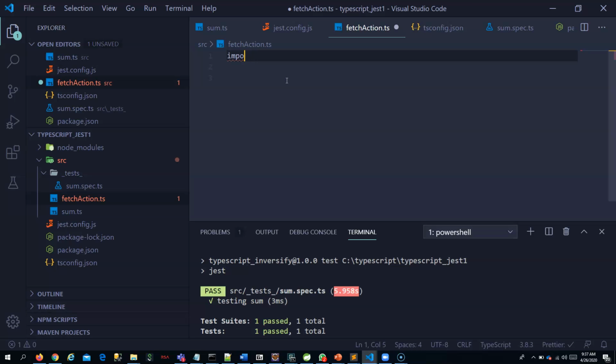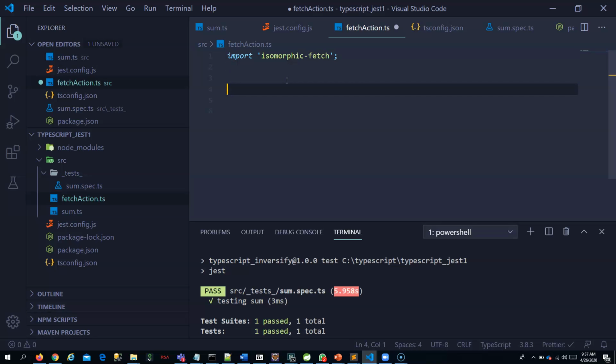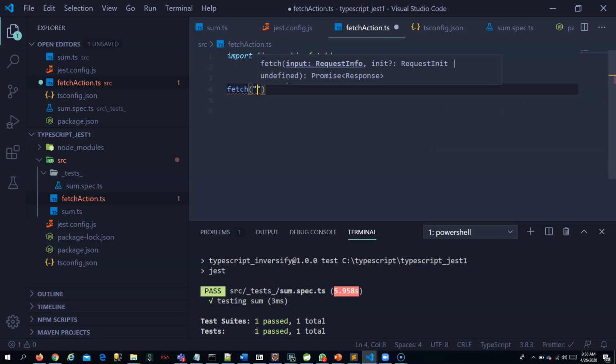I'm going to use the fetch which is already available in TypeScript or JavaScript, and for using fetch you also need to install the module isomorphic-fetch so that it becomes available for you. Okay, fetch. I am going to do just a GET call.